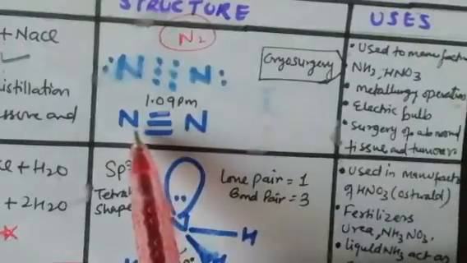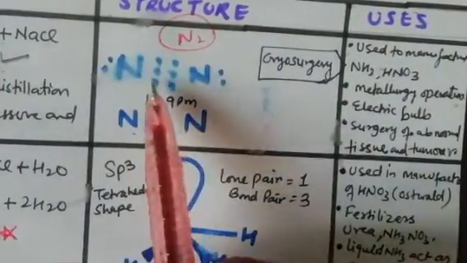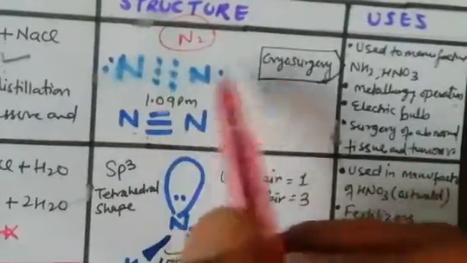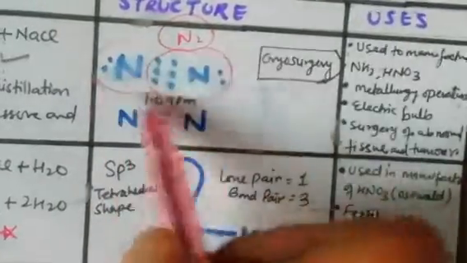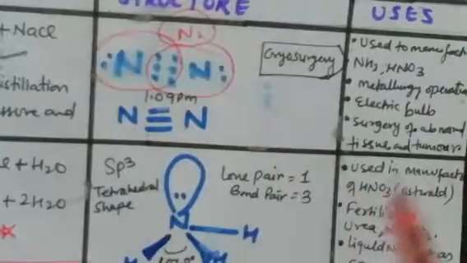Okay, after this we will talk about structure. Structure is the simplest and easiest part. We will talk about the structure of N2. It is very simple, you have done it many times. N2 has a triple bond, so by electron dot structure you need to maintain the octet. 1 2 3 4 5 6 7 8, it's an octet, so this is N2.